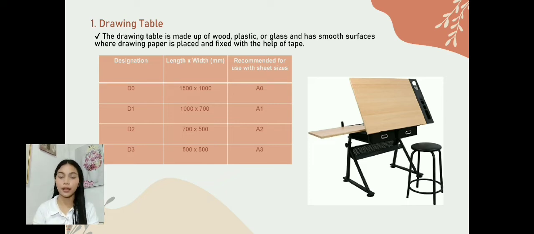So we have here a table that shows the various sizes of drafting table that will match the sizes of the drawing papers that we have that is mentioned a while ago. So there is D0 with a 1500 by 1000 millimeter size, and it is recommended when you are in use of A0 paper. D1 with a 1000 by 700 size in millimeters,